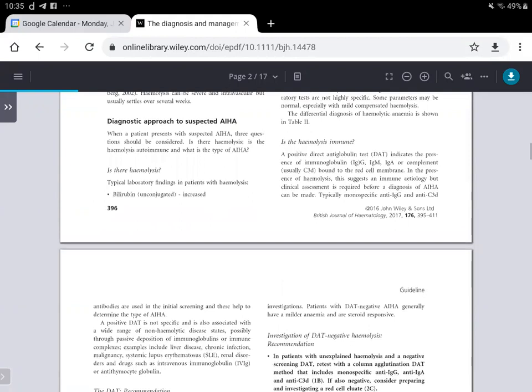Now it's actually the decompensated form of hemolysis which becomes manifest in the form of clinical features, and also in the form of lab values. The clinical features would be mostly signs of anemia and hemolysis, where there would be jaundice and dark urine, and also there could be signs of an underlying disease. The causes of autoimmune hemolytic anemia may be cold, warm, or mixed type, and they have both primary and secondary causes.